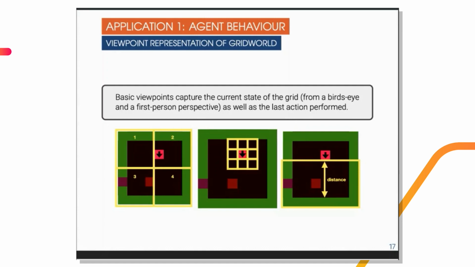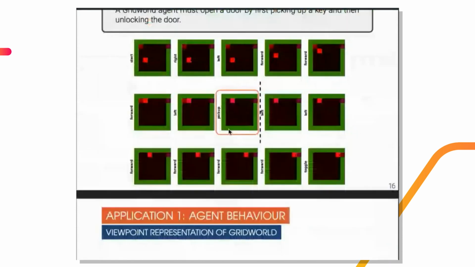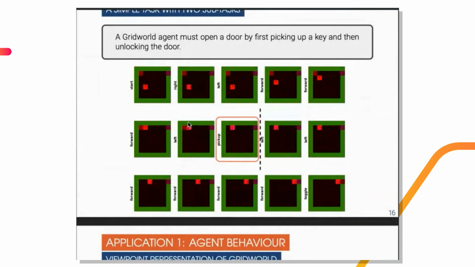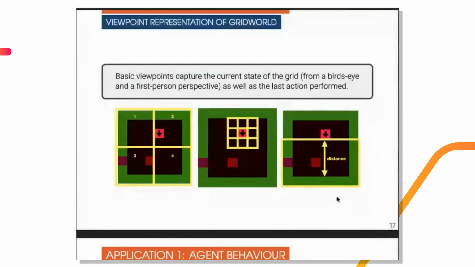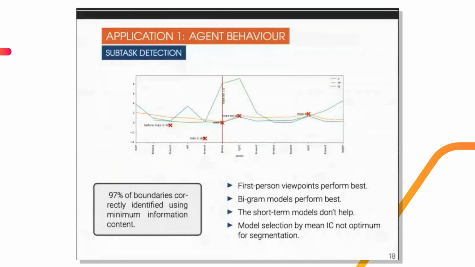And also we explicitly represent the last action that has been taken by the agent in this example sequence. The actions are written along the side here. So each action then results in the next state. So these actions are kind of like previous actions. So armed with this viewpoint representation of the grid world, we can apply our predictive modeling method to the data